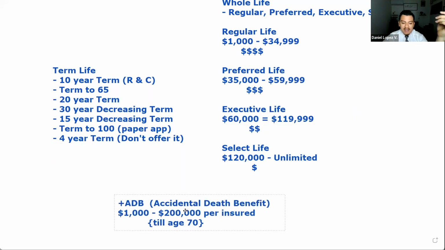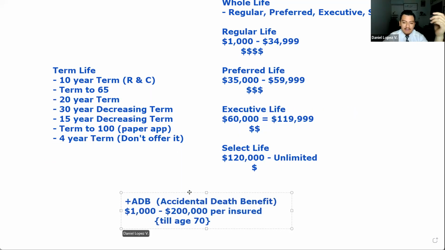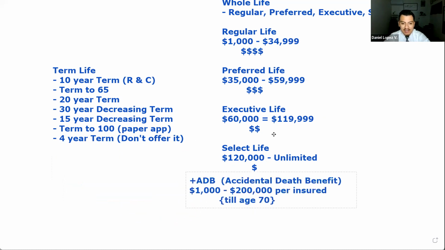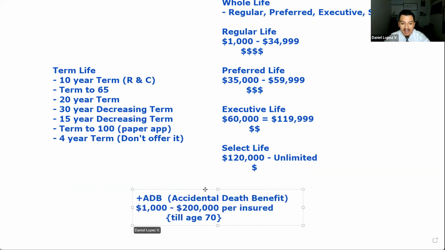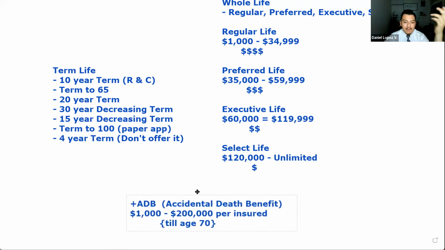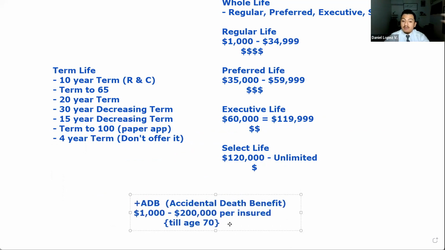Okay, just like anything else. If you have free parking at Six Flags, but you have to buy the season pass and you cancel the season pass, you can't keep the free parking. Even if you're paying for it, it has to be added on. And this will finish at the age of 70 if they continue with the whole life or term, or whenever the term or whole life ends, whatever comes first. Did you guys get that?